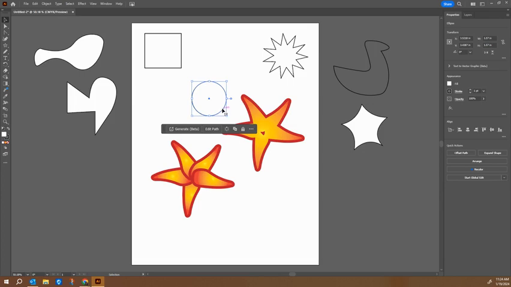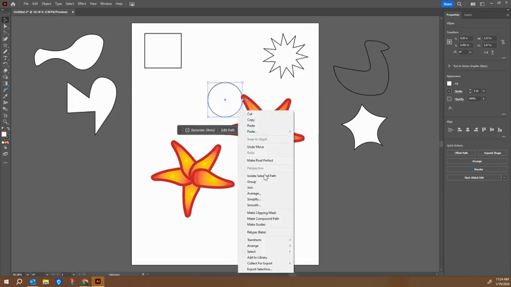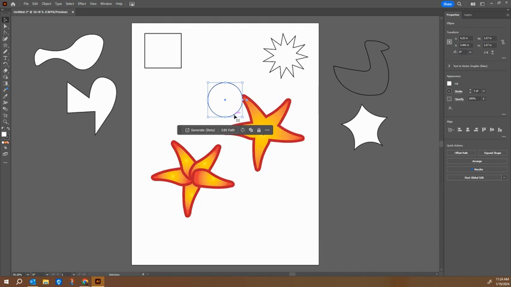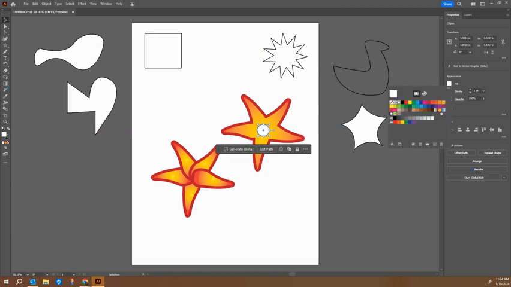What I would do, because right now, look, this is underneath, I would right click and change my arrangement. I'm going to arrange, bring to front, and I'm going to make it smaller and put this over the center of my flower, and maybe I'll fill it with blue and make it